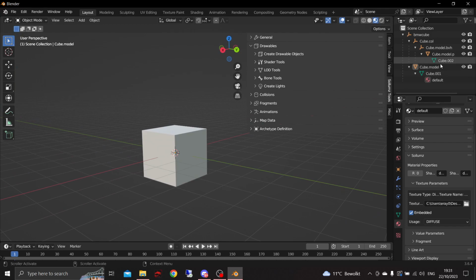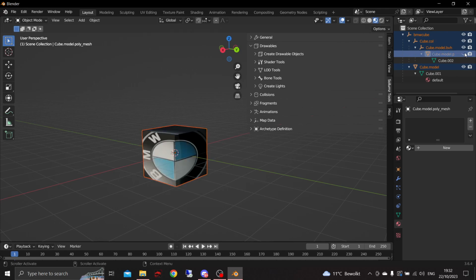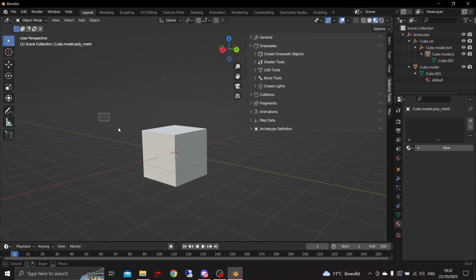Basically, what collision is, is the thing that is invisible in game. You will not be able to see the white thing, the texture. Basically, you should ignore this white part. You're gonna see the black logo, like the BMW logo. The reason why we have this is so that you cannot walk into the object, so that it has, you know,